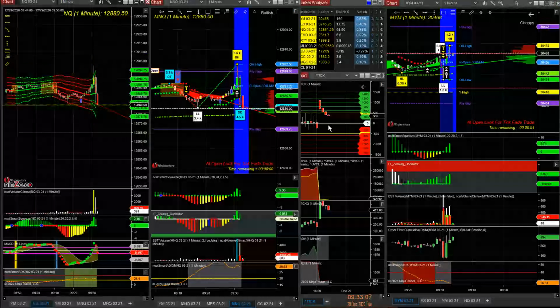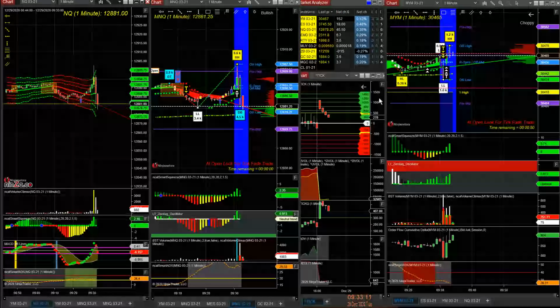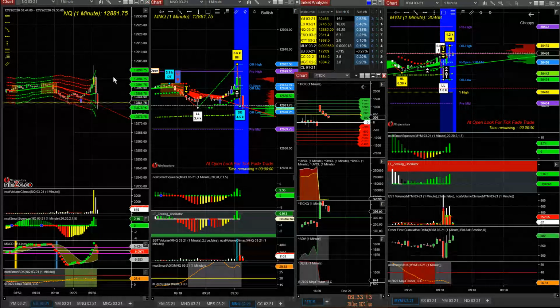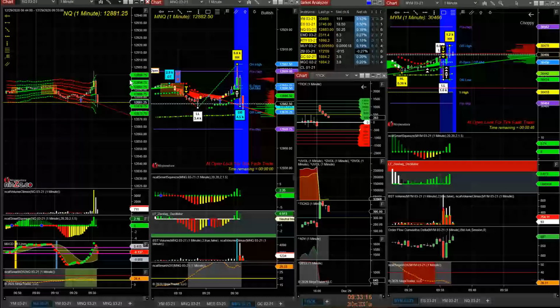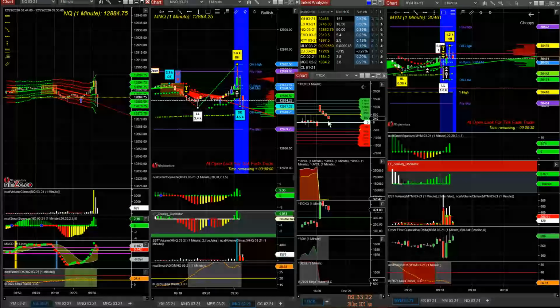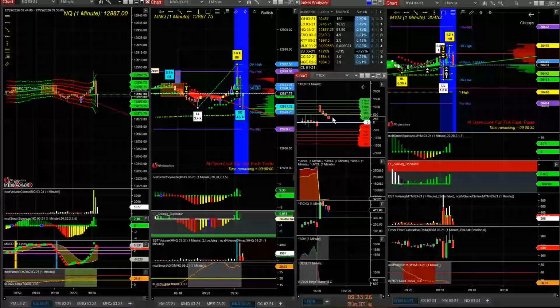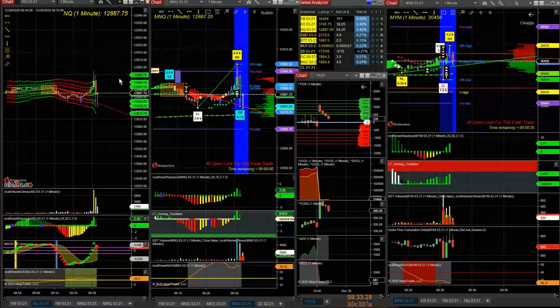The ticks come back to 0. Open trade fade is over. Right. So the open tick fade trade is actually done once this guy gets back to 0. Sometimes it doesn't get back to 0. Sometimes it pivots after it drops below the 500 tick level. Right. Then it reverses back up. Right. So